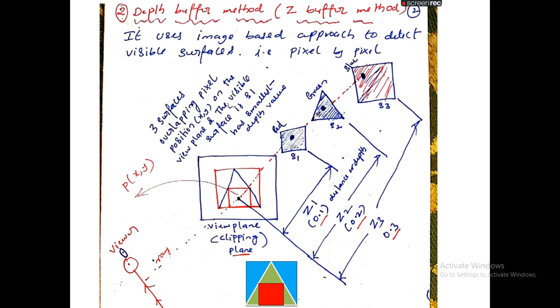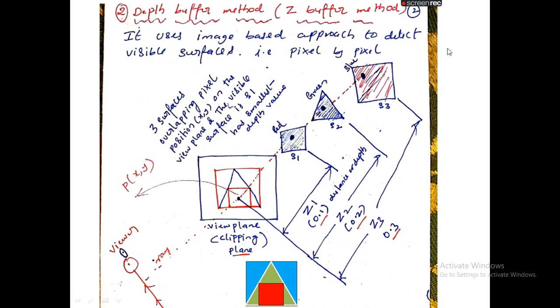The first surface is a small square, the second surface is a triangle, and the third surface is a big square. These three surfaces are in front of the observer, and they are overlapping with each other.